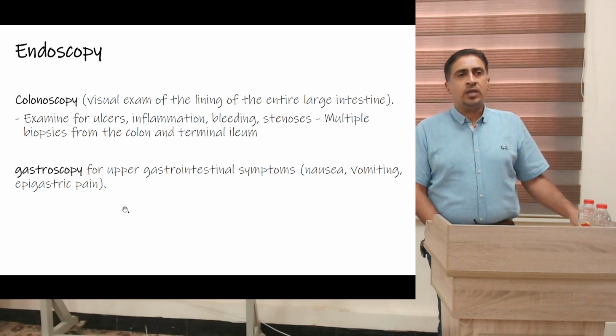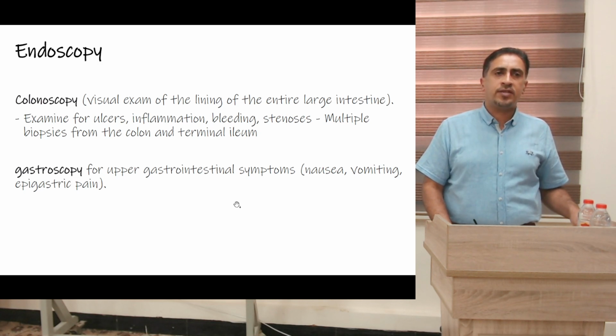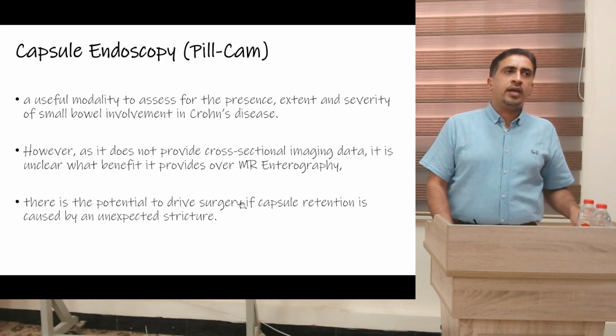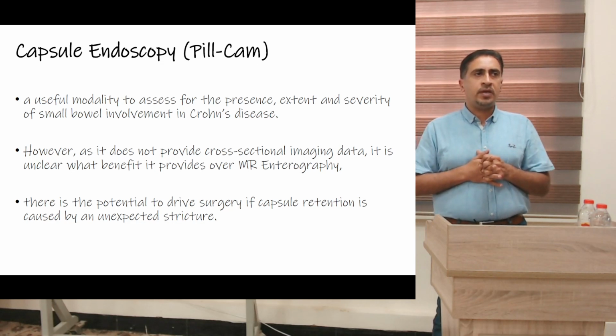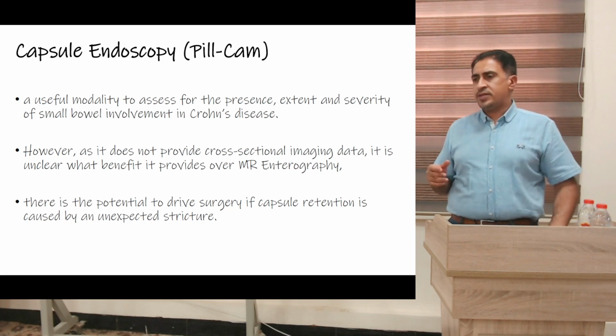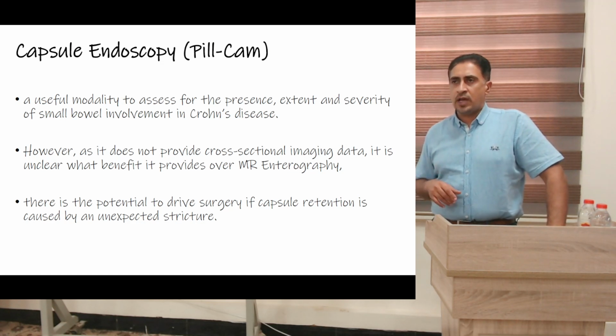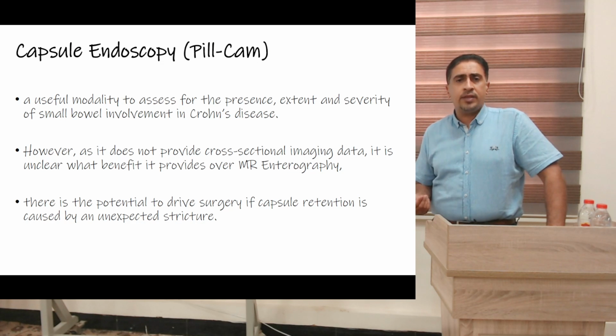Gastroscopy needs to be done in patients with upper GI symptoms like nausea, vomiting, and epigastric pain. Sometimes we need to send the patient for capsule endoscopy to assess the presence and extent of severity in the small bowel. As you know, Crohn's disease can involve any part of the GI tract, especially the small bowel. The upper endoscopy can go to the duodenum, while the colonoscopy reaches the